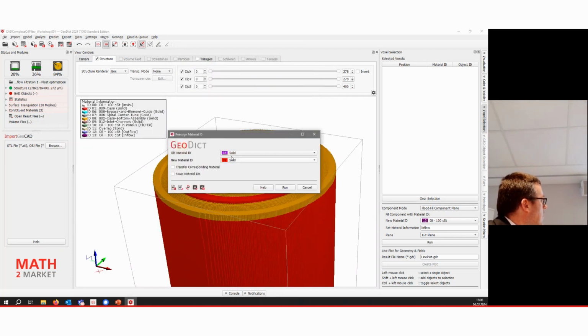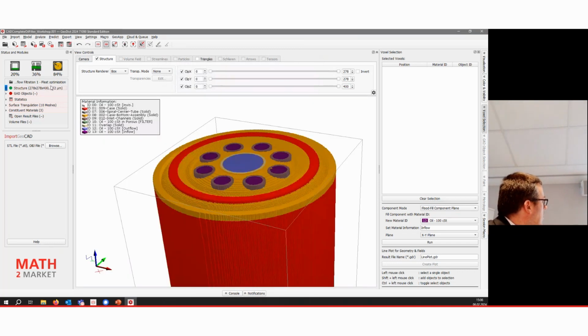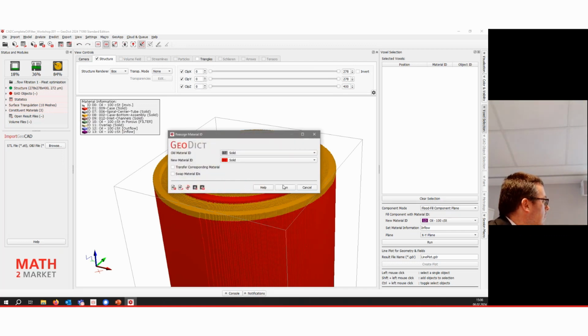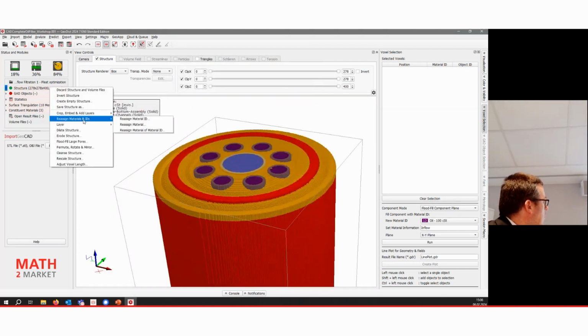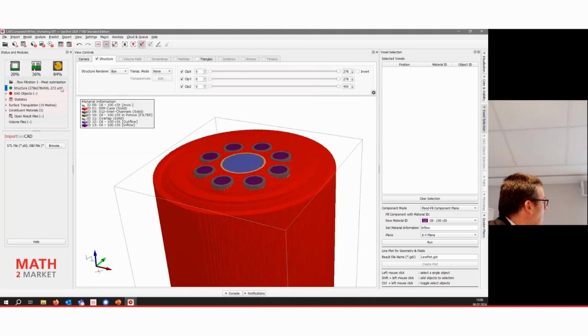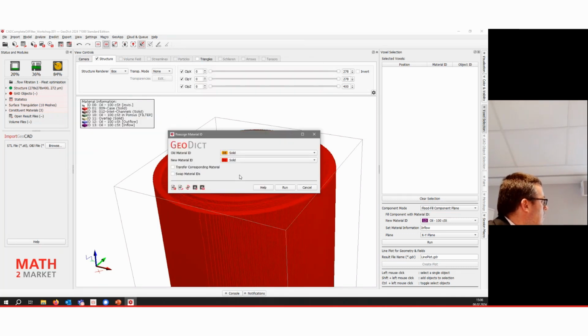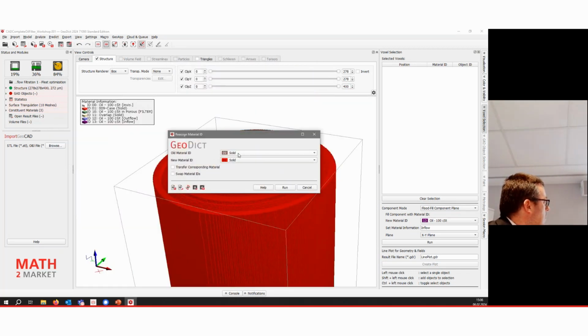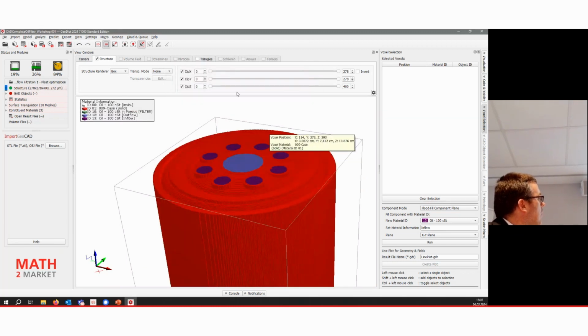So reassign material, then the 6. Run. Reassign 7. Reassign 8. Then the 9. And reassign the 11. Not that. Yeah, okay.